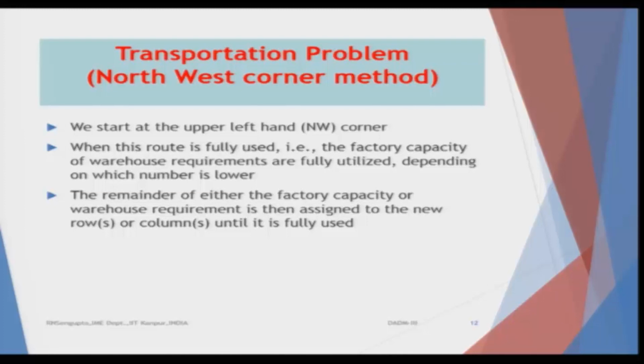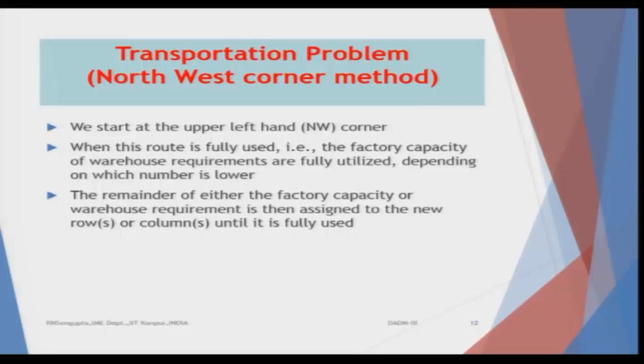When this route is fully used, we will start to check the value. We will ask what the total quantum of goods required at that destination is. Is the origin able to meet that? If it is able to meet that, then that is finished. If there is an equality between the origin and the destination, then both the origin and the destination are finished, in the sense that nothing can be done for them.